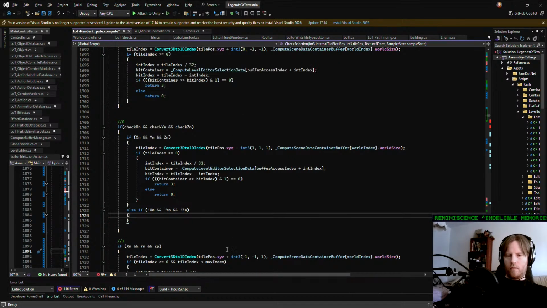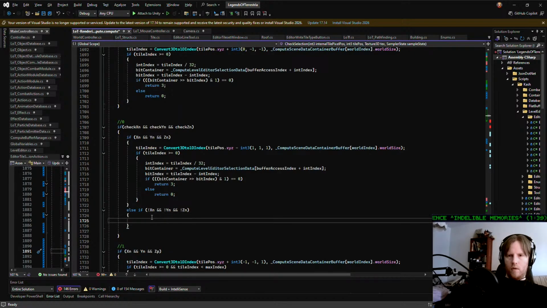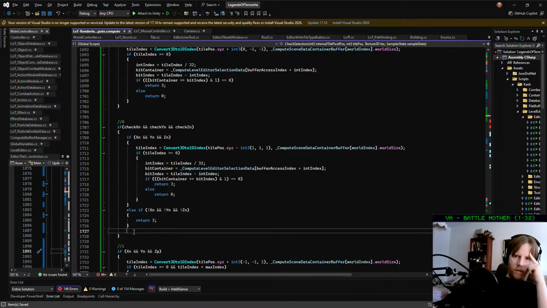Oh. Then we need to return a color. Because we've already established that the tile we're checking is part of the selection. That's already established. So